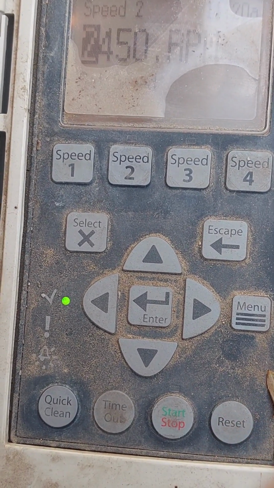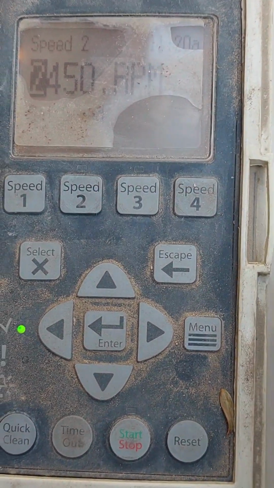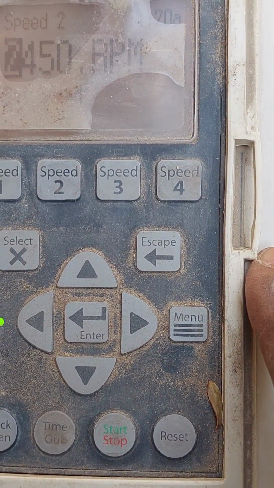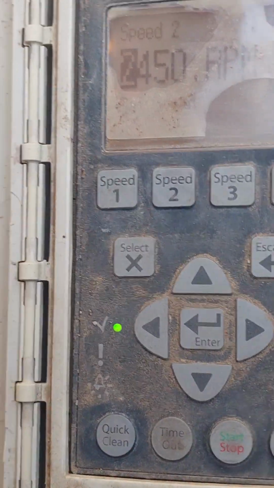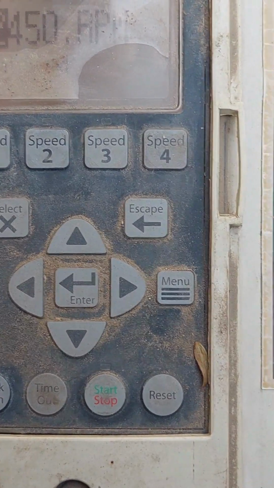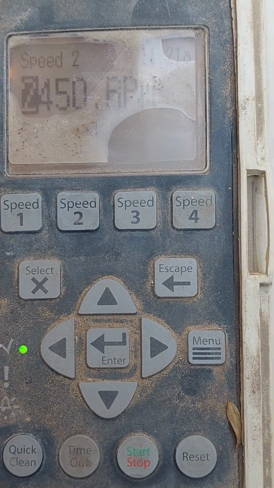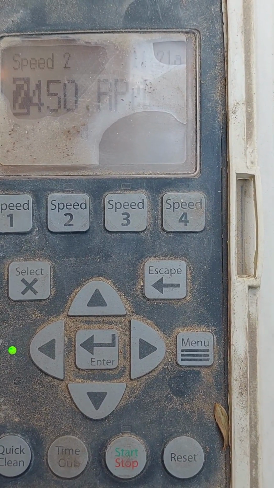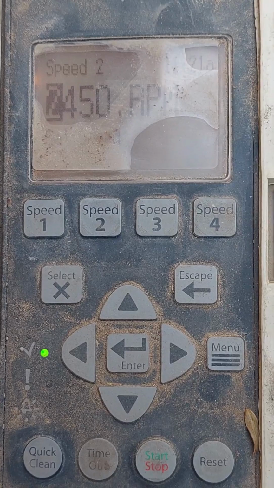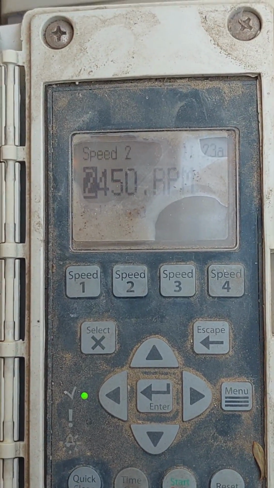Now we're going to run it an additional, let's see here. We're going to run it 2 hours at 2450, which should give us around, that should give us about 45 gallons to 50 gallons a minute. Okay,